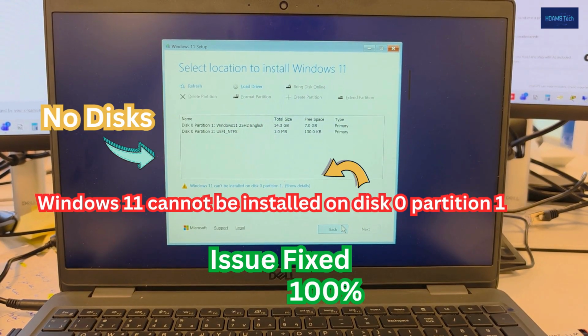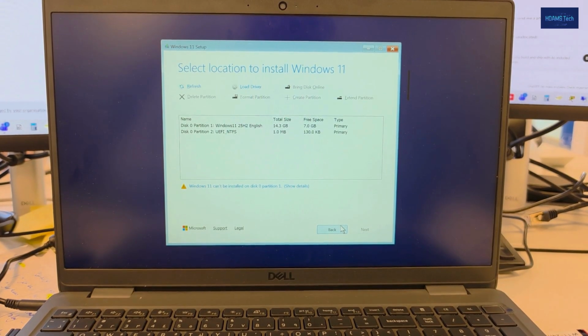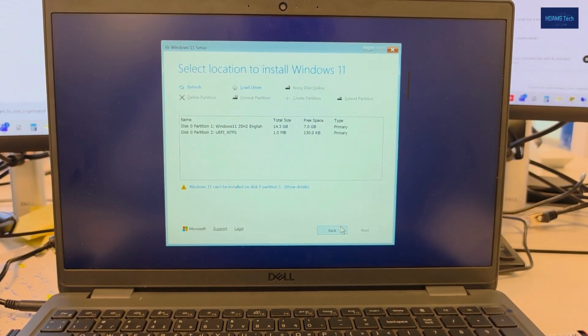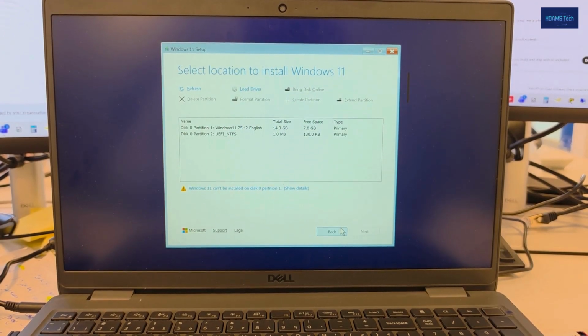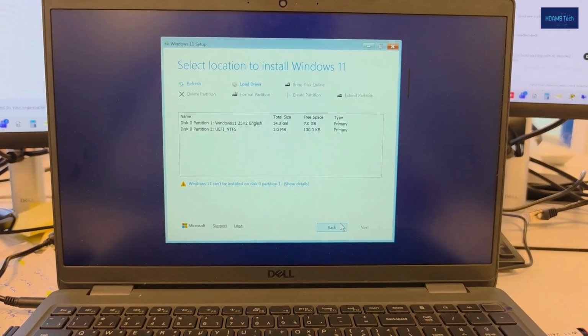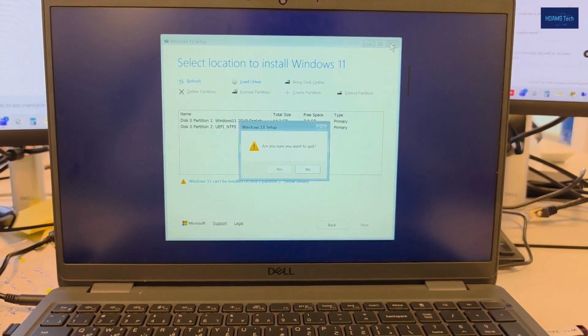Today I am going to show you how to install Windows. You can see here the disk of the laptop is not showing, so I will show you how to fix this issue. Here you can see only the partition of the bootable USB is showing. So what we will do now, close this one